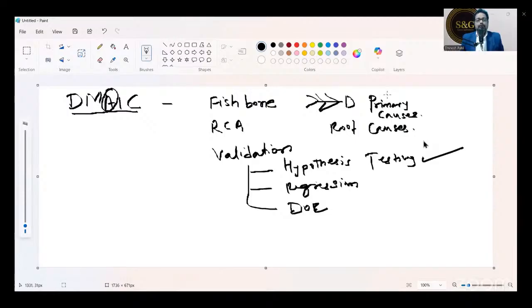Very good. Now there are two questions before I proceed further. In the green belt curriculum, what are the two hypothesis testing we have done? Type in the chat box. The people who have been through the green belt, what are the two different hypothesis testing we used in the green belt curriculum? I'll wait for your right answer.